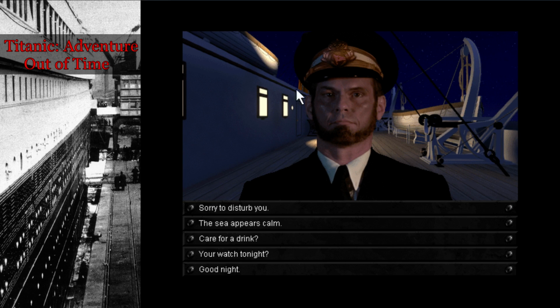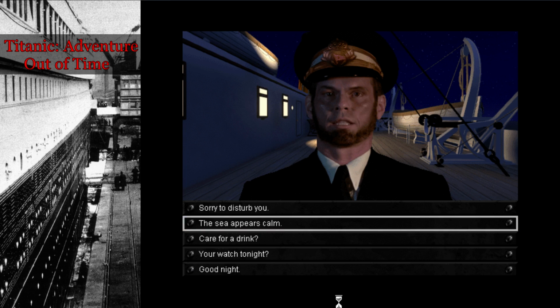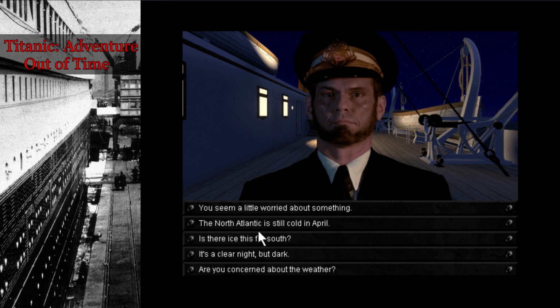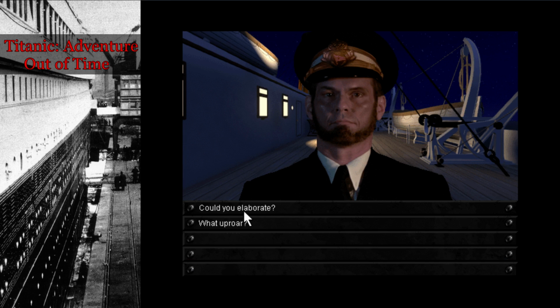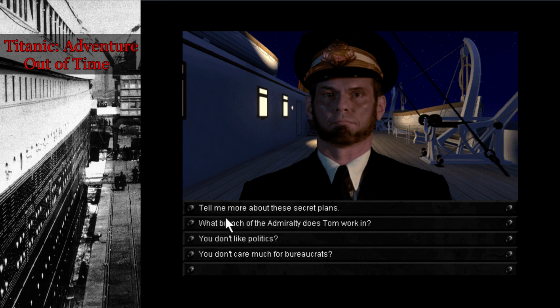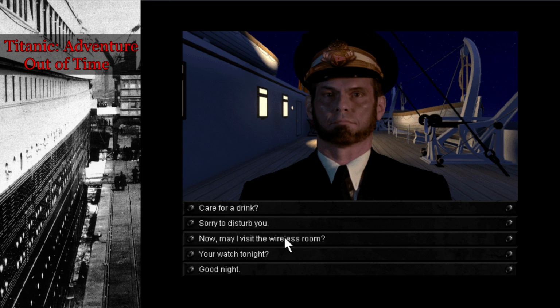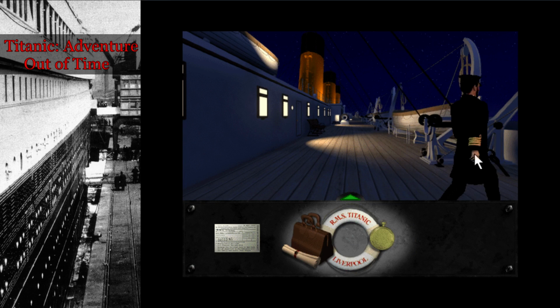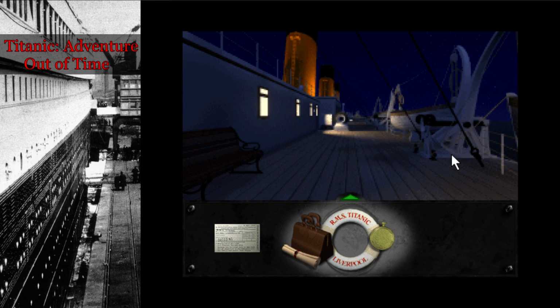So I hate these dialogue options. They switch around on you, so they're never in the same place. If you hit care for a drink, he just stops talking to you. He's a teetotaler. So you want the sea appears calm. You want it's a clear night but dark. Doesn't matter which of these, whatever one. You want, you don't like politics, or you don't care much for bureaucrats. He doesn't care. Either of those options is fine. What war was that is the next option. No wonder moonless nights make you jumpy is the next option you want. And then now can I visit the wireless room is what you want. So you want that whole conversation to go in that order, and then he lets you visit the wireless room,